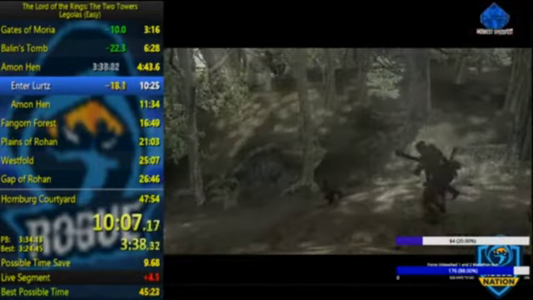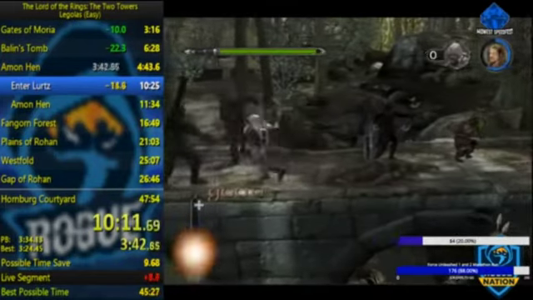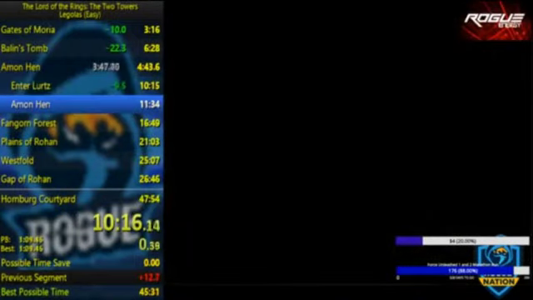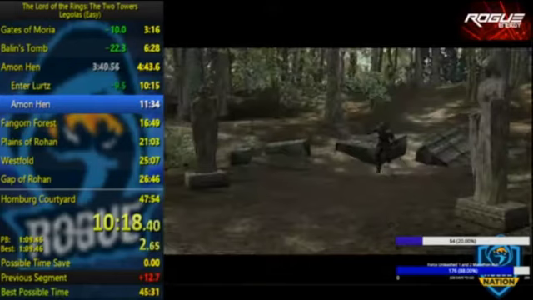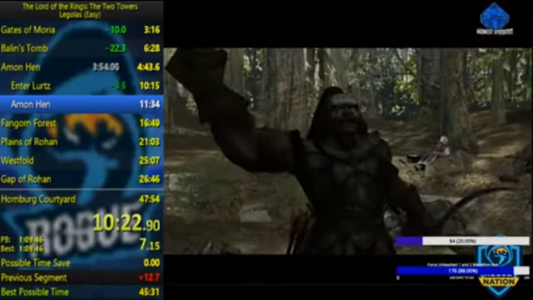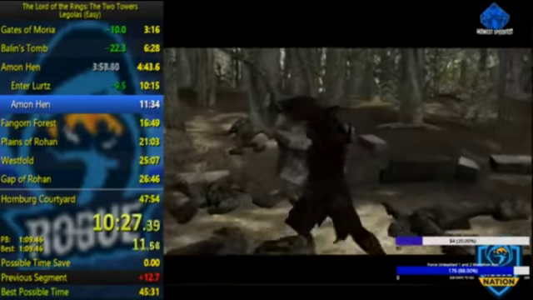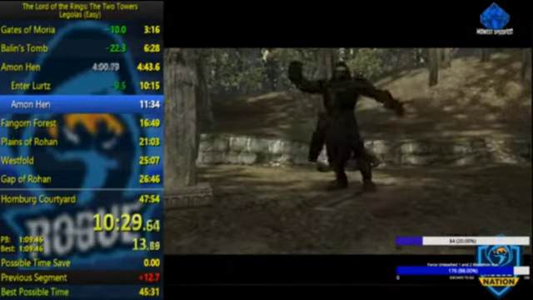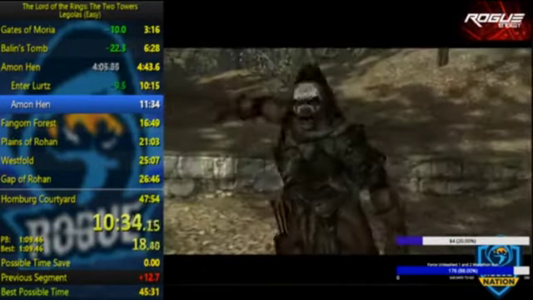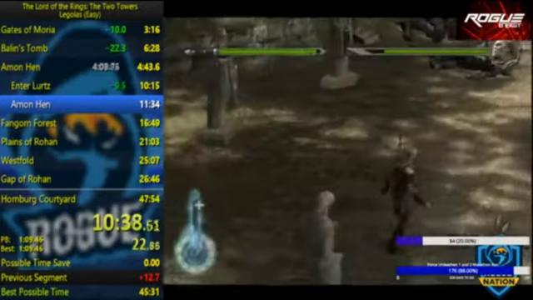Now, the Lurtz fight is the second major boss fight in the game, and it's in two phases. It has an archery phase and a sword phase. And since we're going into the fight with perfect mode, it will only take one shot for Lurtz to go out of his archery phase into his sword phase. And that's exactly what we want. If we weren't in perfect mode, I think it would take 3 shots. So we're able to save a couple of seconds. It's not a major time loss if you're not in perfect mode, but...